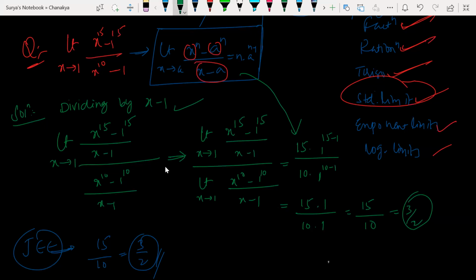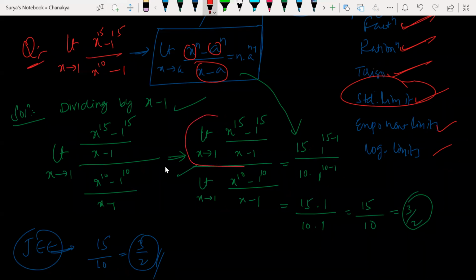Guys, for that I have to divide by x minus 1. If I divide by x minus 1, that will become the standard function. Look at this. Is that clear, Abhinaya? If I cancel both the denominators, again I'll get my original function. So that's how I divided. After dividing that, I'm just splitting the limit. I gave the limit to both the numerator and denominator. So limit x tends to 1 of x to the power of 15 minus 1 to the power of 15 divided by x minus 1. In the denominator also I have done the same thing.